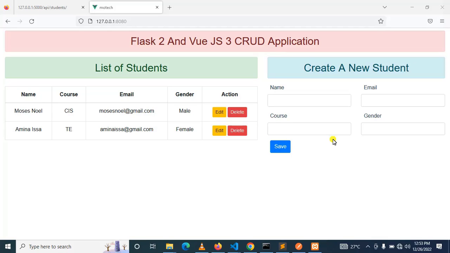So you're welcome to my course, and this is full stack web application by using Flask 2 and vue.js. So this is going to be one of the amazing courses I have ever lectured on YouTube. Okay. So before we go on demonstration, let me show you a simple